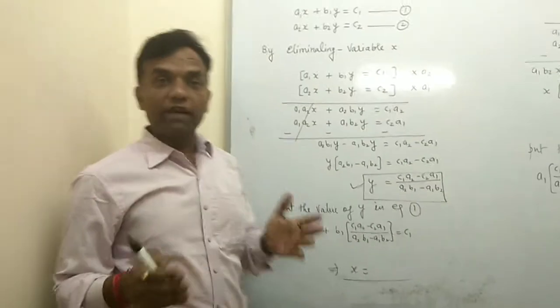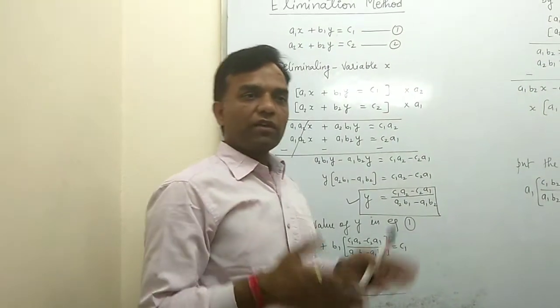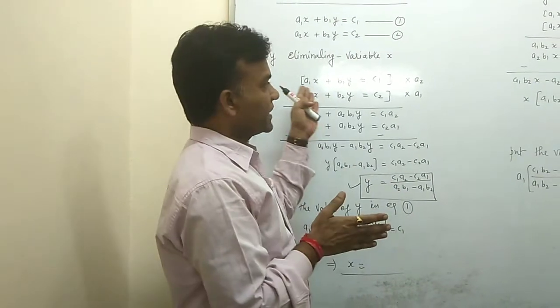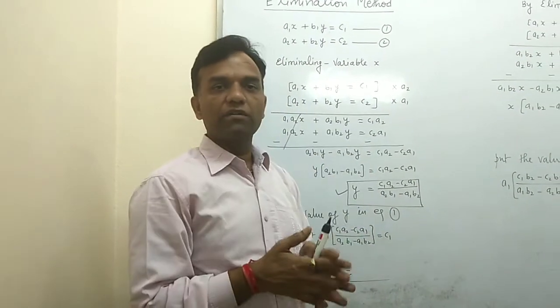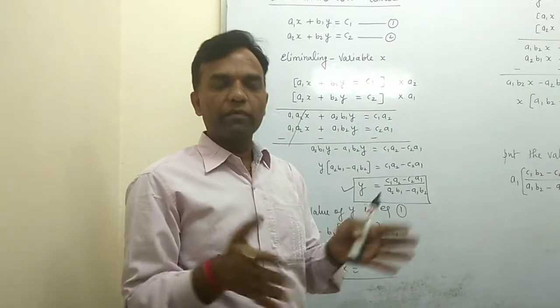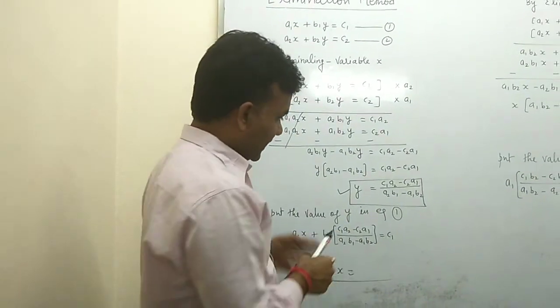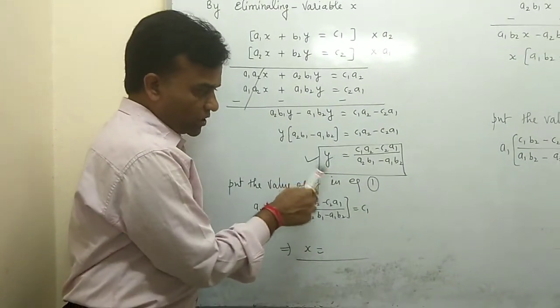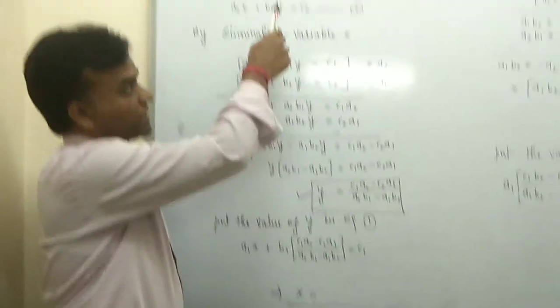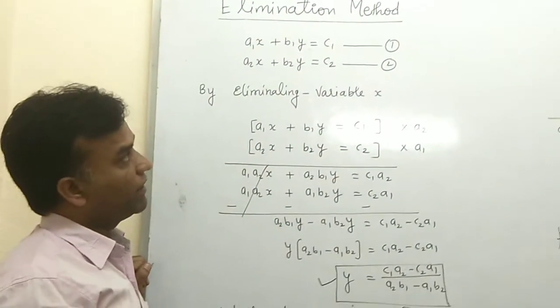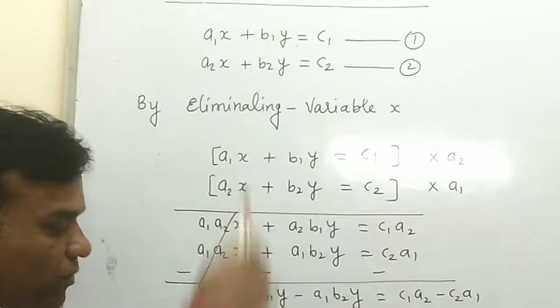Therefore you get the value of y. That is very easy going. You eliminate, you cut one variable; here we considered the x variable. It means you cut the variable x, and then the whole equation converts into y, and you get the value of y. Then it is again very easy going. This value of y you put in equation 1 or 2, depending on you which equation is compatible. Wherever, suppose you consider 1, then you put it in 1.